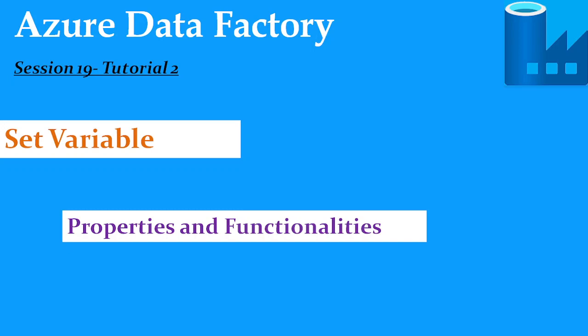So set variable. By name itself we can make out it's trying to set a value to a variable, right? People who already worked on data integration tools like SSIS and Informatica might be aware of what a variable and a parameter are. These variables and parameters can be created to pass a value during runtime and make use of these variables at different levels within the activities. We can cover this in much more detail in the practical scenario, and that's it for the theoretical aspect. Let's jump into the practical scenario without much delay.